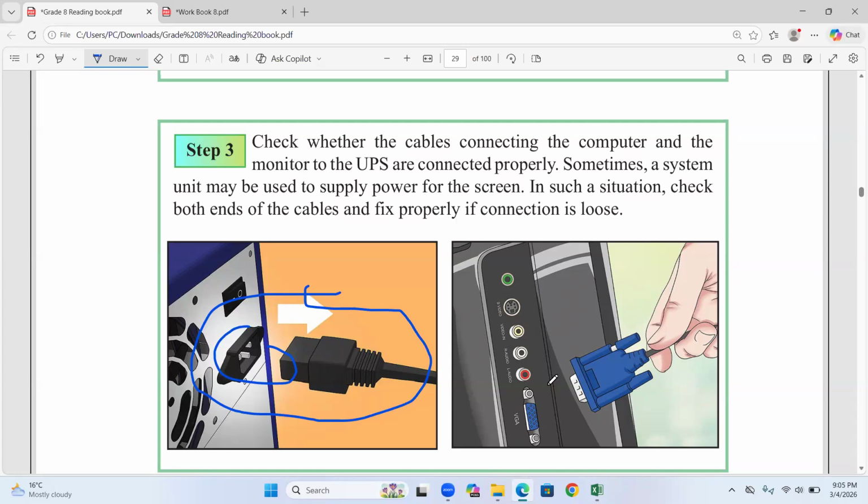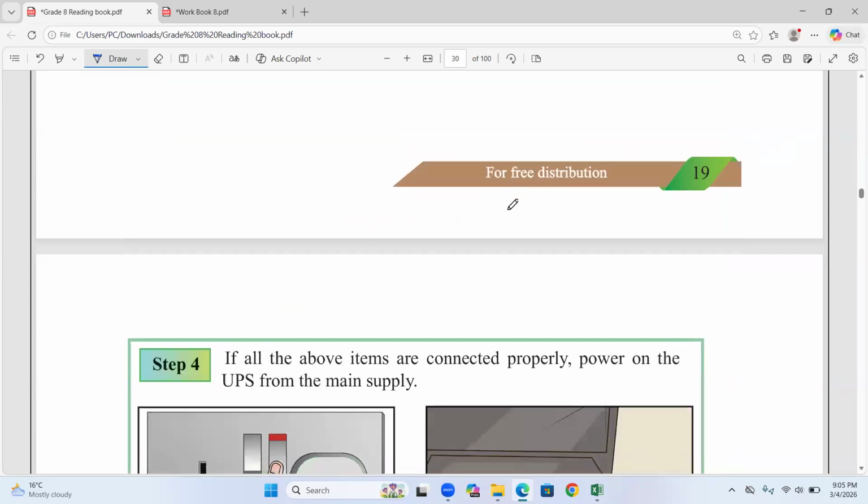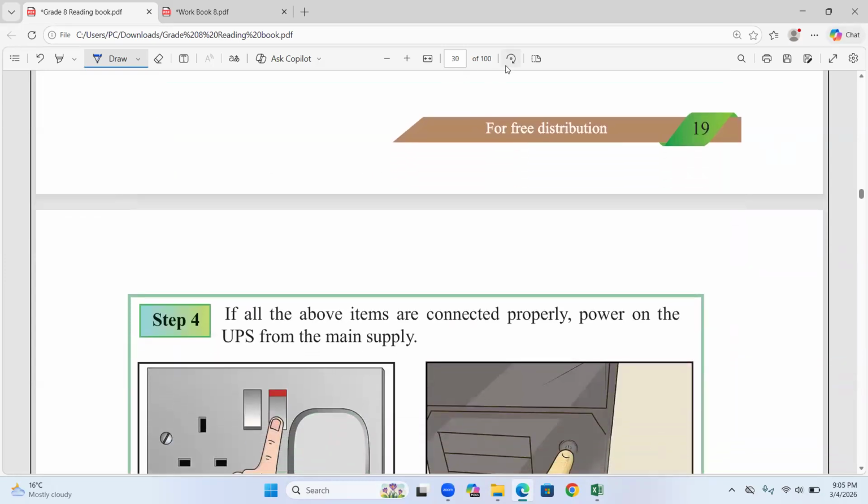Okay, students? Can you hear me, students? Yes, sir. Right. Okay. So then there's a second, and the step number four, right? Step